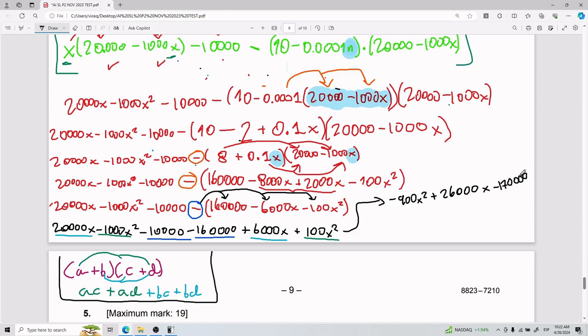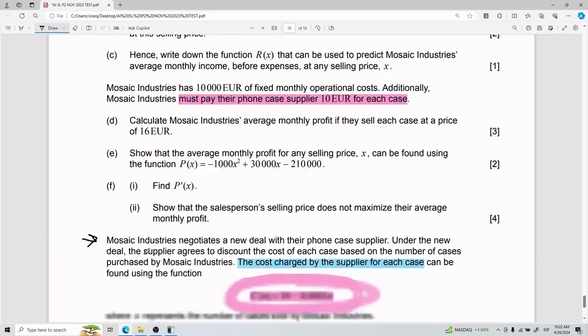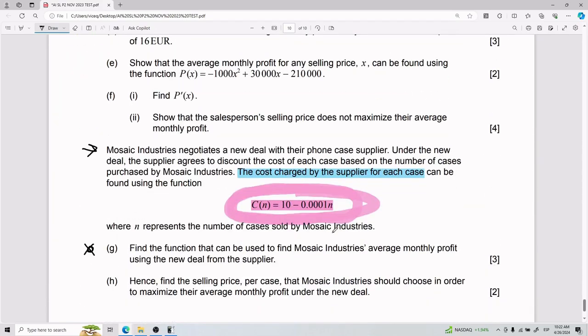1, 2, 3. And so now, for part G, the function that can be used to find Mosaic Industries' average monthly profit, you can think about it as like your new P of X. So the new P of X is what I just found, which is negative 900x squared plus 26,000x minus 170,000. If you're wondering how you get these 3 points, you get 1 point for reaching this as